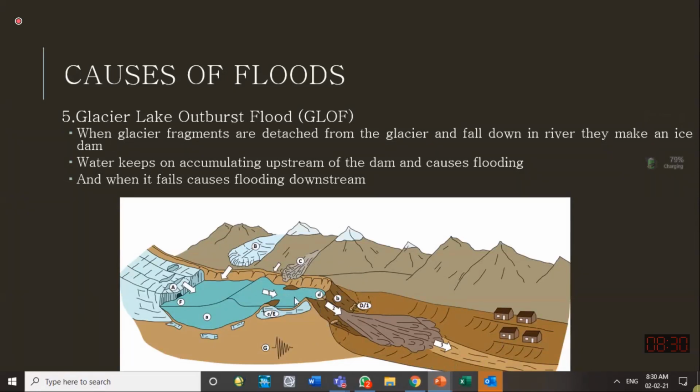For dam break, landslide and glacier lake outburst flood, in all of them a dam condition has been created. In a glacier lake outburst flood, the dam condition is created because pieces of ice broken from the side glacier come down. In a landslide, a whole mass of the hill stops the flow of water in a channel. In the case of a dam, our engineers have built an obstruction in the path of the flow. So if any of them breaks, it can cause flood downstream. But these should not occur.